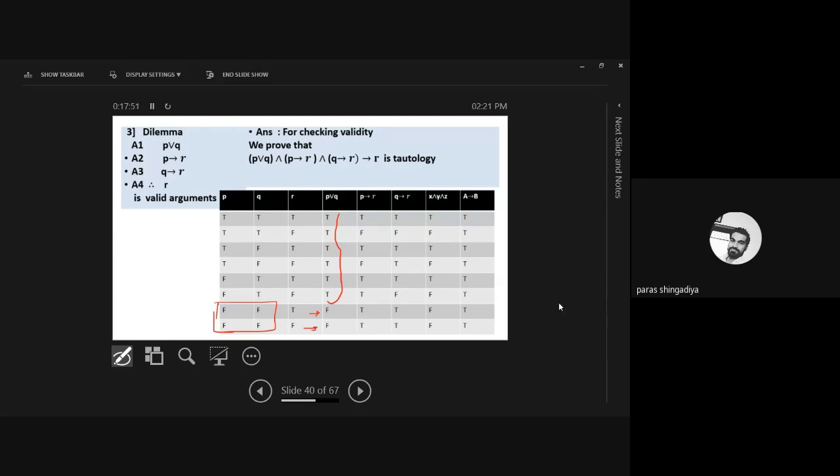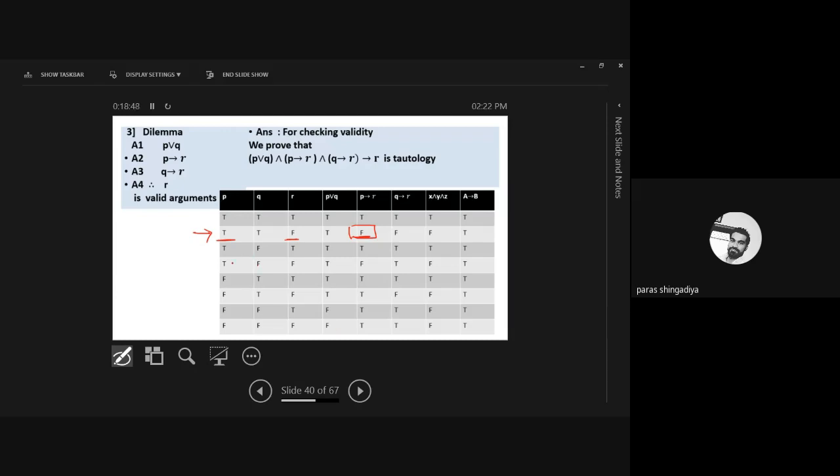Now let's check the A2 answer. A2 means P conditionally R. So we have to implement P on R, P to R. As per the rule of the conditional operator, if the first statement is true and the second is false, then it will be false, and in all the remaining cases it will be T. So in these two columns, find the rows where the first statement is true and the second is false. In the P and R columns, in the second row, it is T and F, so it will be F. Clear? It will be F.